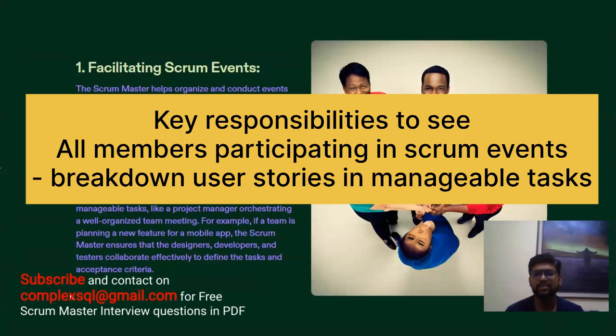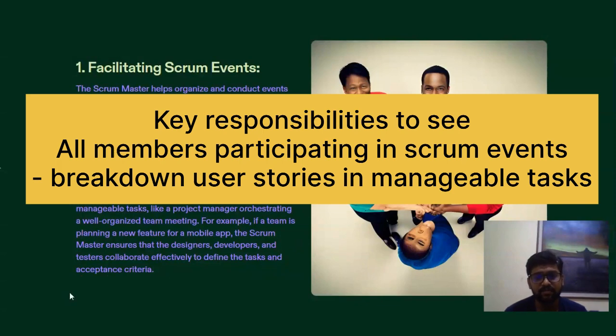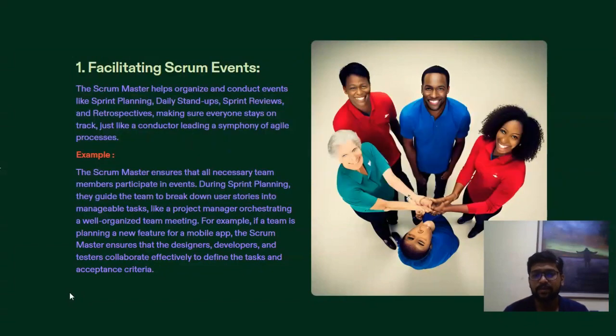So these are a few roles and responsibilities of a Scrum Master for facilitation. First, he or she has to make sure that all team members are attending the Scrum properly. Second, he or she has to guide the team members or product owner to convert their user stories